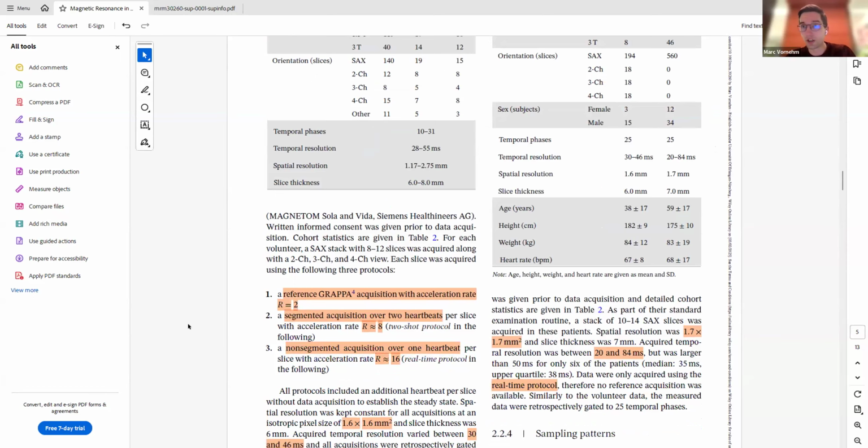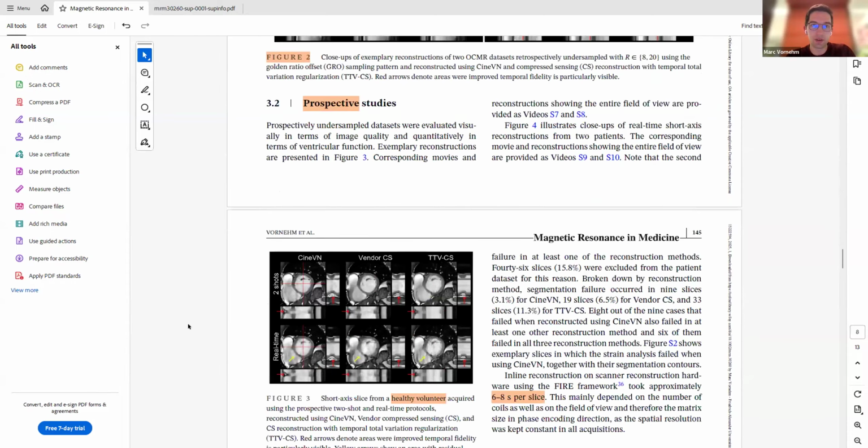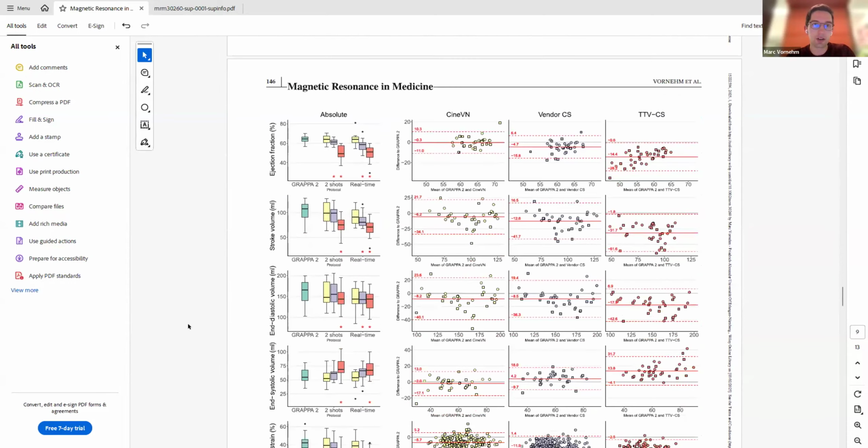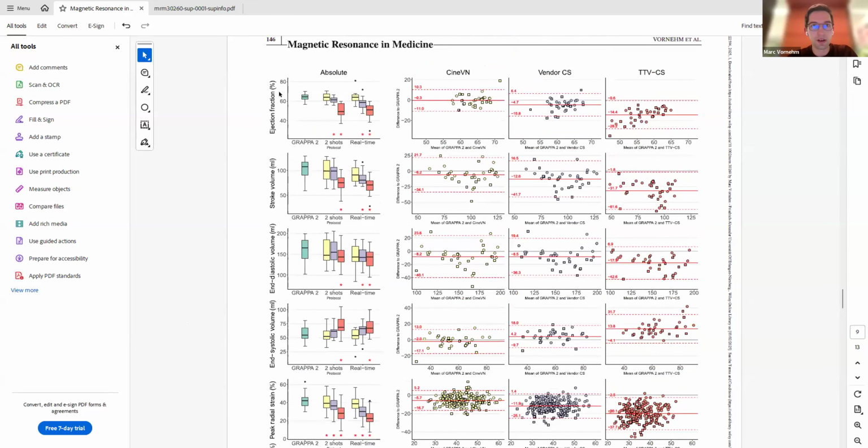And then we can compute functional metrics on all of these data and compare. What we see is, first of all, that the images look nice. And if we look at the functional metrics, in these plots on the left, what you can see is the 3 protocols. So the Grappa reference, and then the 2-shot protocol and the real-time or single-shot protocol.